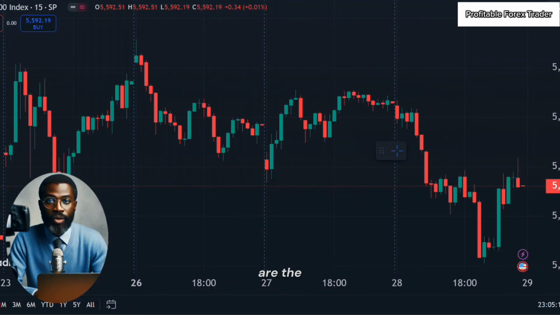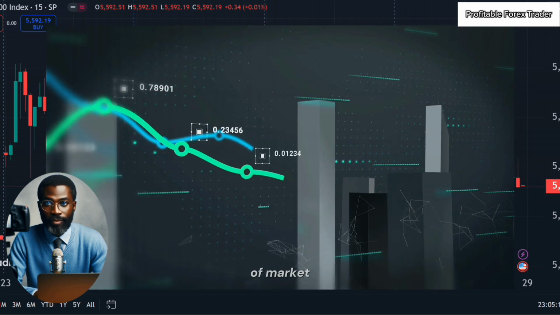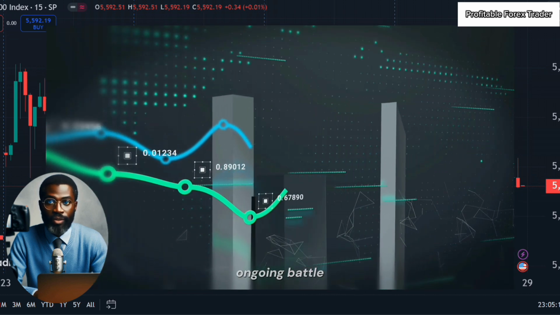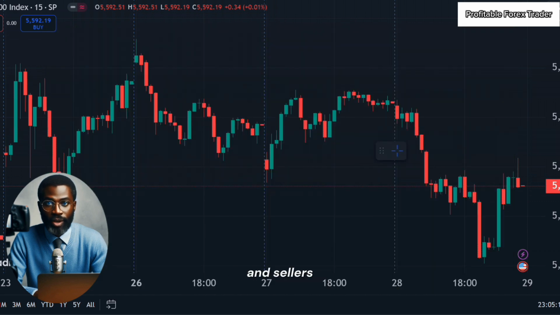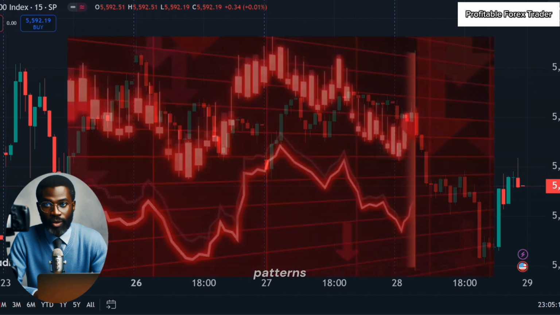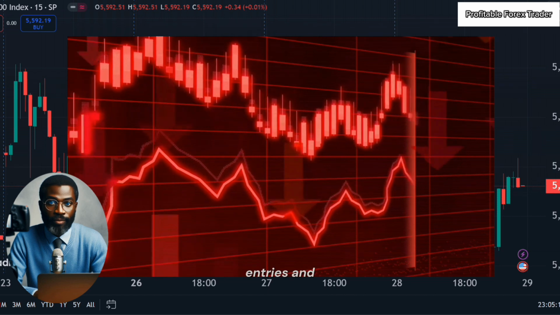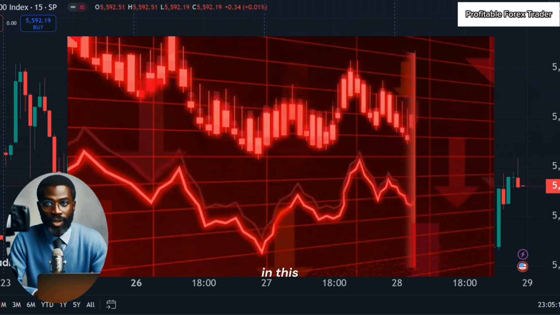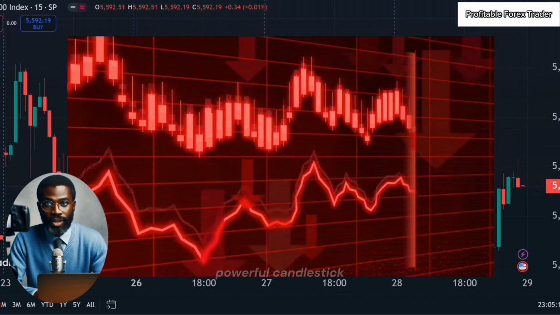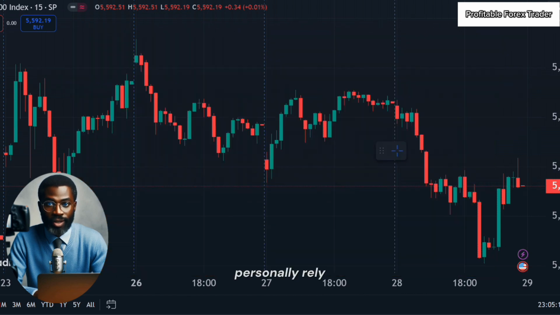Candlestick patterns are the building blocks of price action, offering a visual representation of market psychology and the ongoing battle between buyers and sellers. They not only reveal important details about current price trends, but also help forecast potential reversals and continuation. Mastering candlestick patterns can provide traders with a clear edge, allowing for more precise entries and exits in trades. In this video, I'll walk you through the most powerful candlestick patterns that I personally rely on to gauge